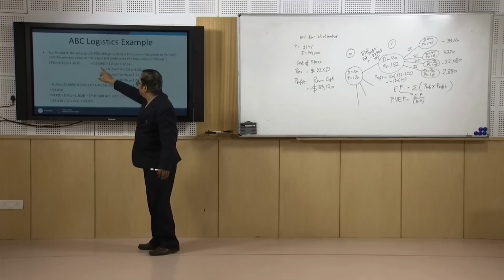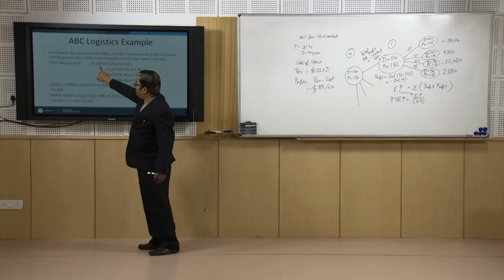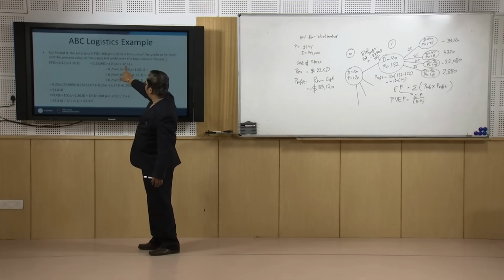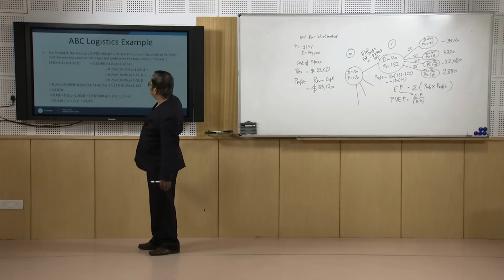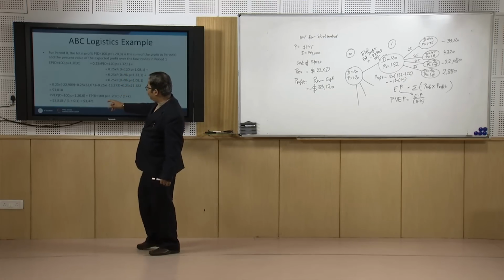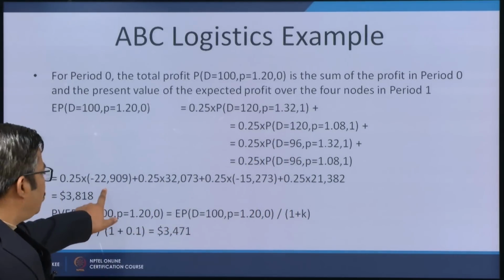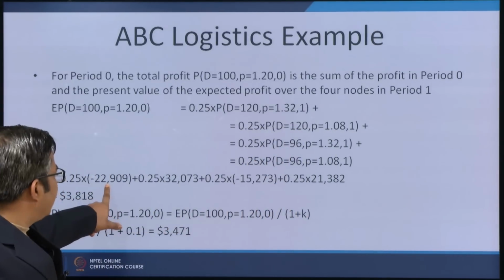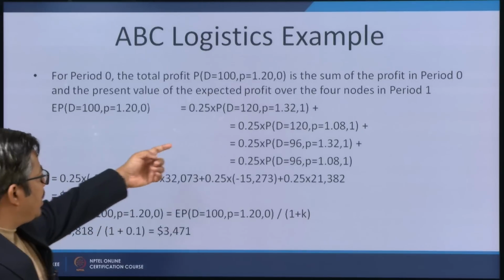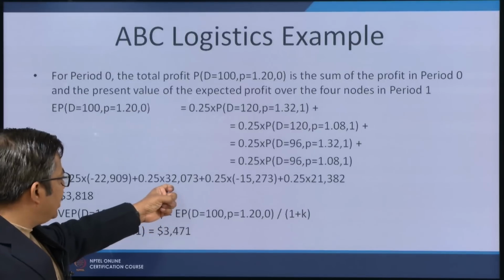And this is how 0.25 into the profit of this plus this plus this plus this becomes the total profit, and therefore, you have the calculation of minus 22,909 for the first state, but for the remaining states you have these calculations